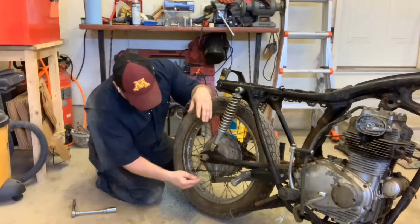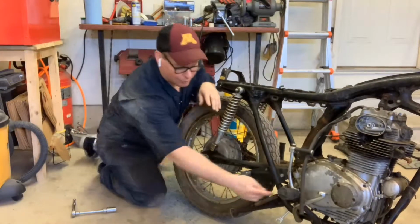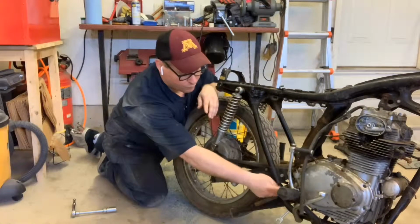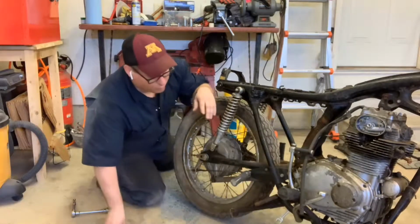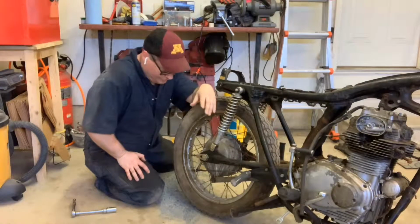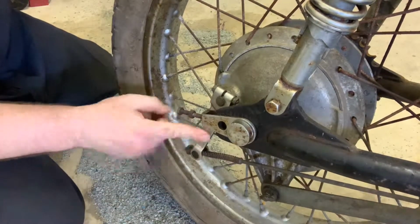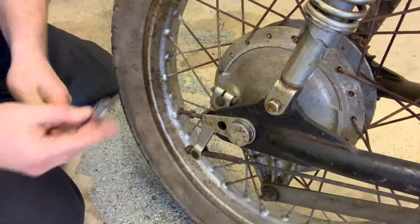We're going to actually pull connections on the rear brake right back in here, and we're going to pull a connection on the actual foot pedal here. It should all kind of come right apart here in just a minute. Let's dive right in. First things first, we've got to get this main connector disconnected from the rear hub, and to do that, you'll need a